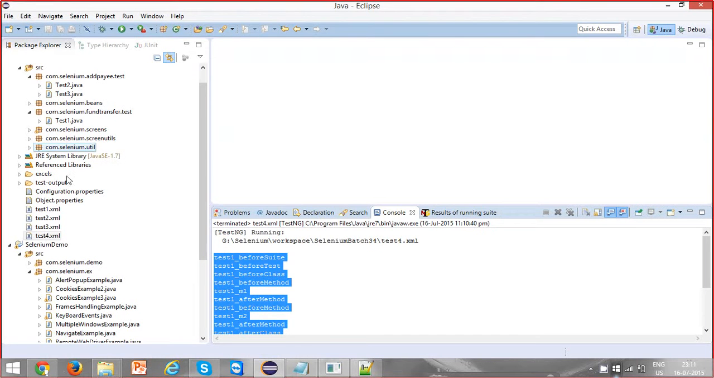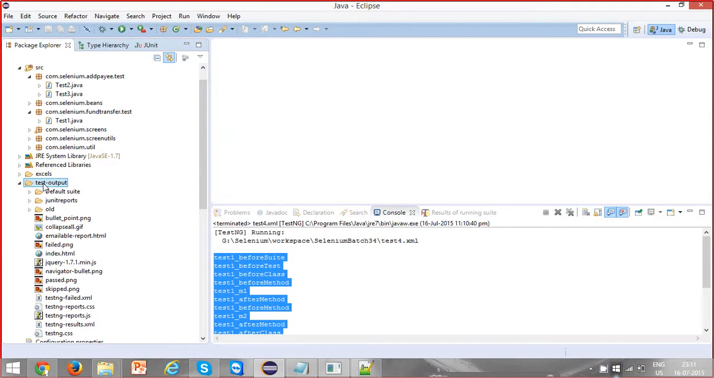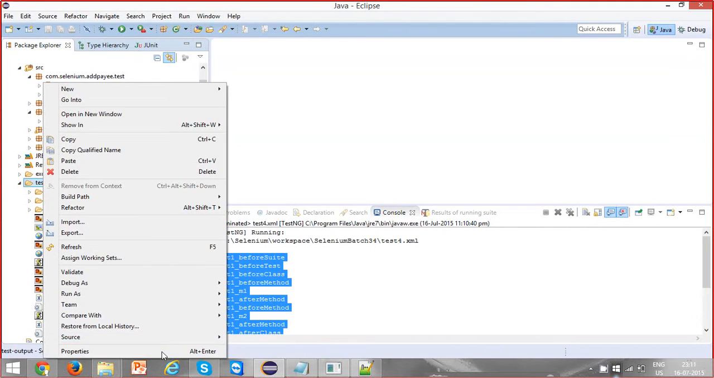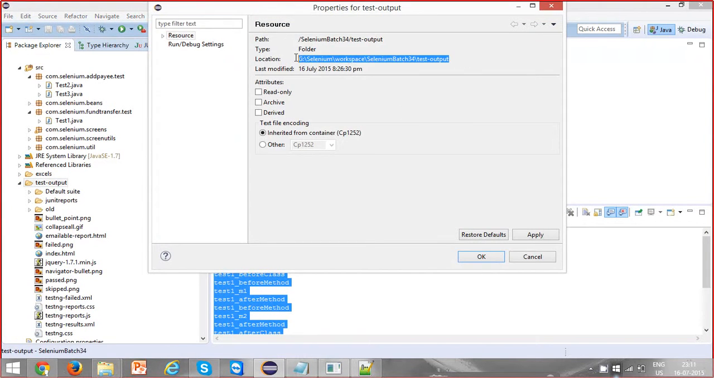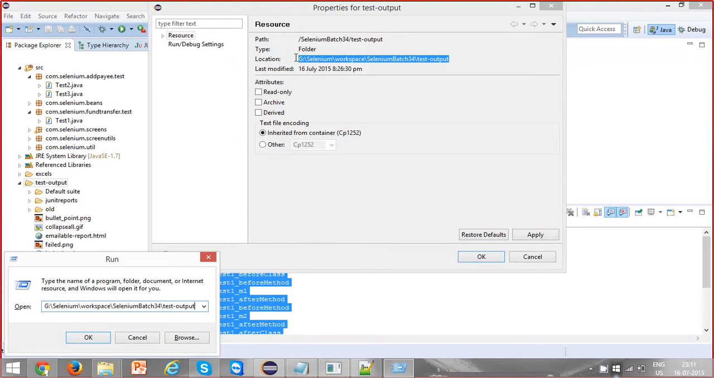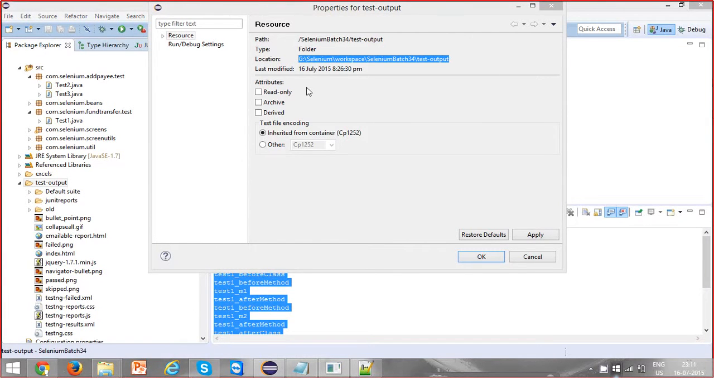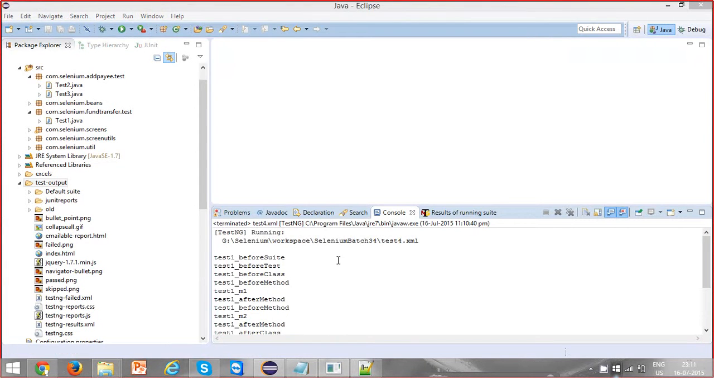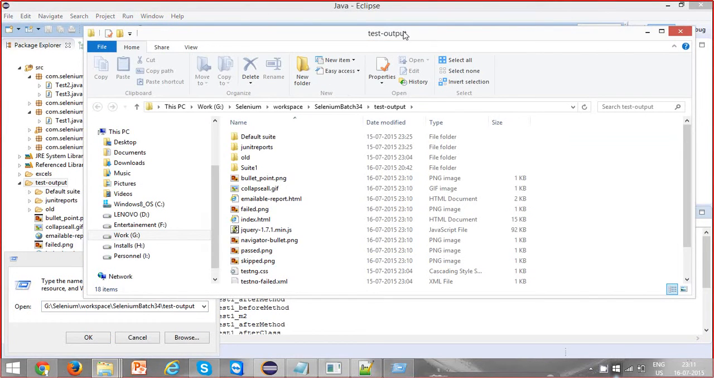And to see the report, these are the reports. Either you can open the report from here itself in Eclipse, or you can go to that particular folder and then click on the index file. What happened? Okay, it's not open. So just click on the index file